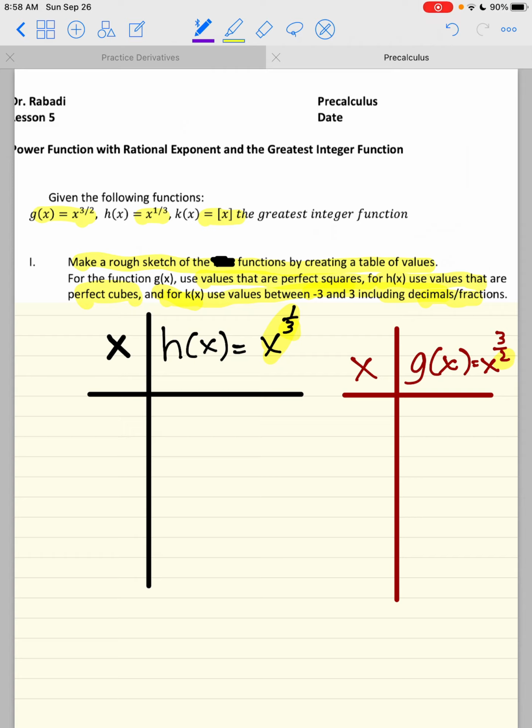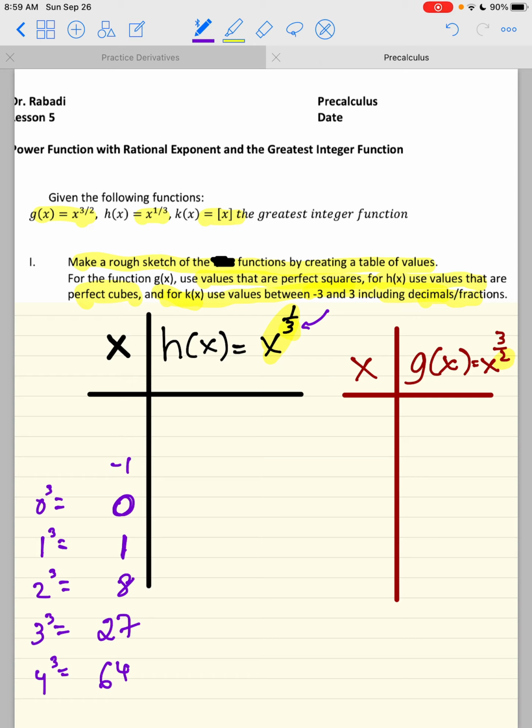What are some of our perfect cubes? Well, let's do 0. Always start with 0. What about 1? Is 1 a perfect cube? Sure. 1 times 1 times 1 is 1. What about 2? No. 3, 4, 5, 6, 7, 8. What's my next one? 27. How are you getting these so fast? Because I'm saying 0 to the third is 0, 1 to the third is 1, 2 to the third is 8, and so on. You can also go backwards because this is an odd number, so we can have some